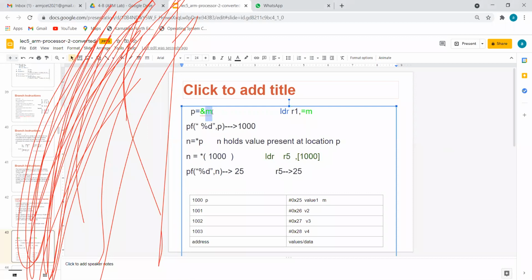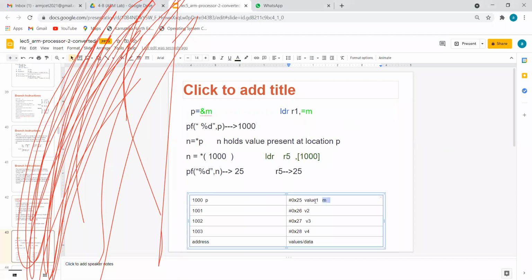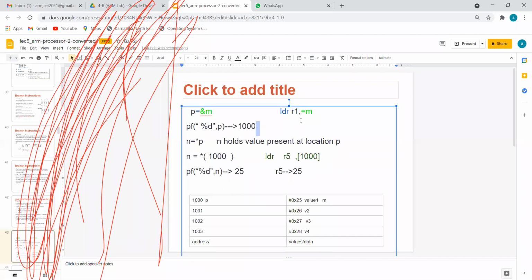Okay. So now what we can see is there will be one variable called m. It has some value. I do not know it directly. Instead, it is somewhere in the memory. But I know its address where it is stored. So what I do is I will call that variable by my own name, and the address also I will call. First, I will take its address in some register. How to take the address? If I know it directly, I can take 1000. But if I don't know, I have to take it through a special operator called the address operator.